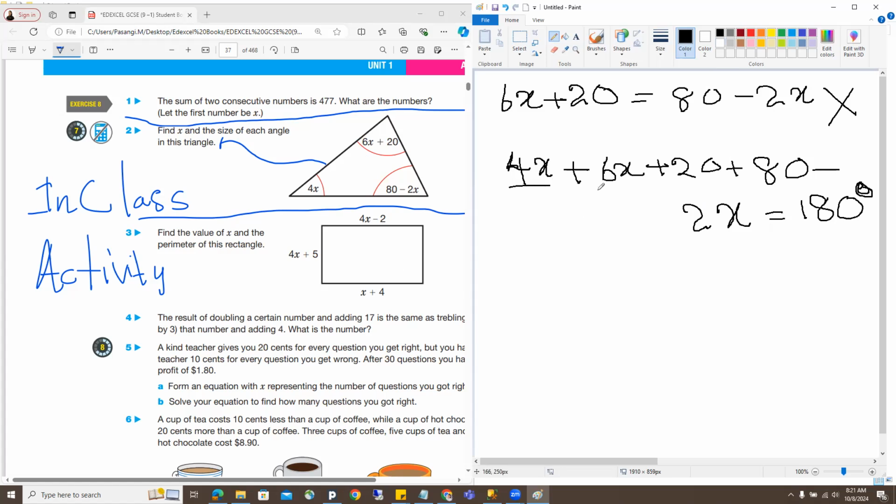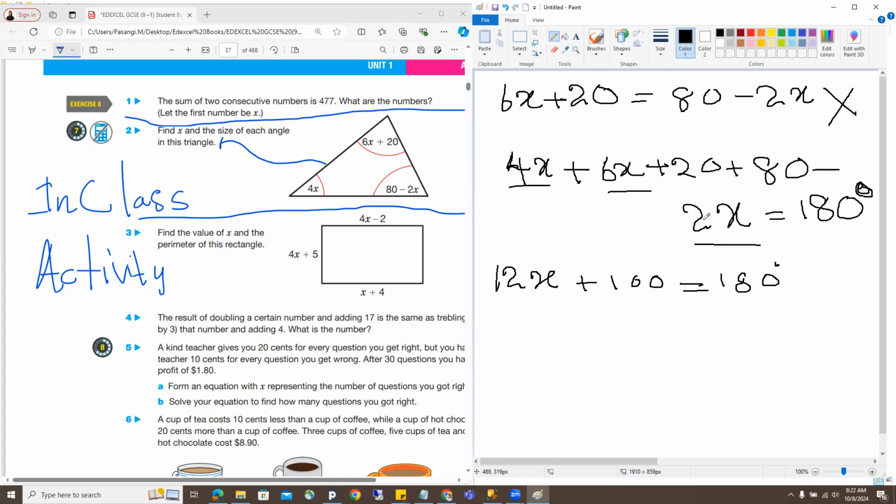Yeah, I did 6x also, and 10x. Okay, 4x plus 6x, that is 10x. Yeah, plus 2x, that is 12x. 12x plus 100, that is equal to 180. Then what you can do is